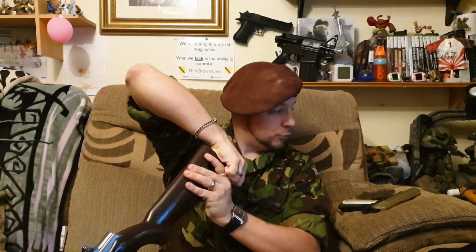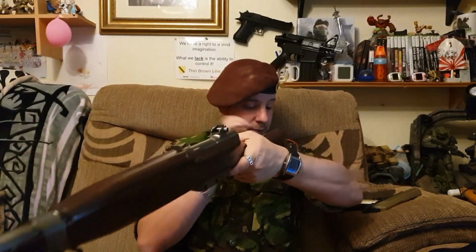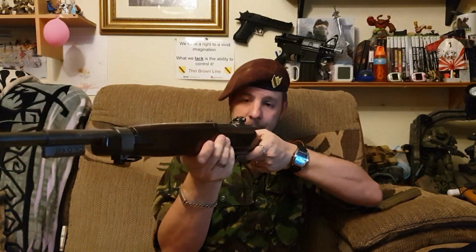And just to show you it does work, and naturally I have done a few bits and bobs to make sure it doesn't explode on me, but if it does, it's not the end of the world. I've got all the parts to replace it and repair it if needs be anyway. So, stick this battery in and then you can see. Obviously all the wires are sticking out the back, but... Oh, and I've locked it to semi as well. But it is pretty damn...